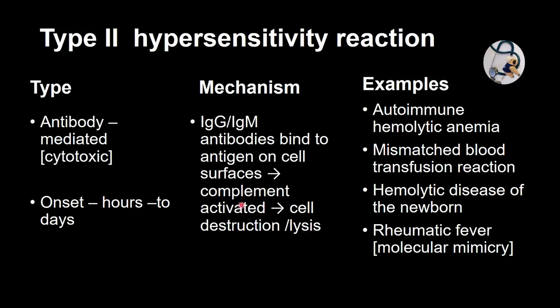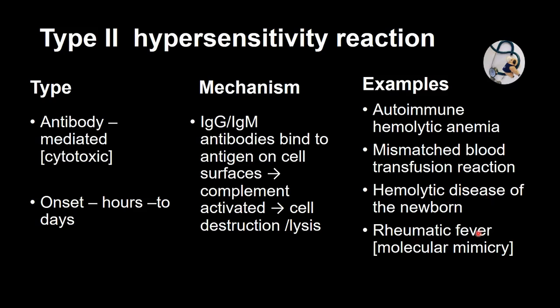Besides this, there are other three mechanisms which I will be discussing in the coming slide. And the examples of type 2 hypersensitivity reactions are autoimmune hemolytic anemia, mismatched blood transfusion, hemolytic disease of the newborn,